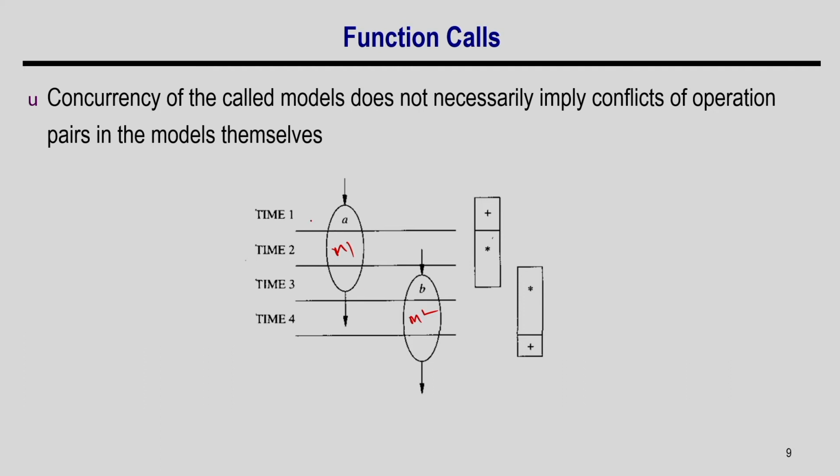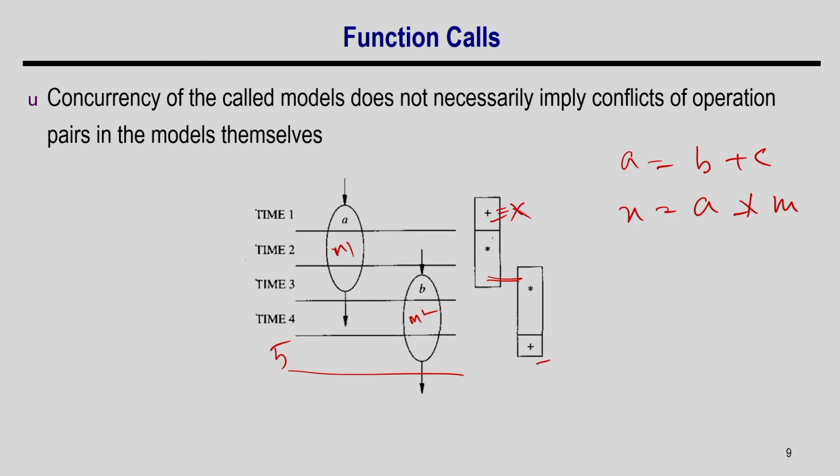Suppose this function is doing one addition followed by multiplication, right. So, suppose it is doing a equal to b plus c and then, say, x equal to a star m. So, this is the function body: an addition followed by a multiplication, and the multiplication is a 2-cycle operation. Okay. And say this function executes at times 1, 2 and 3, and the other call executes at times 3, 4 and 5, right. Now you see their corresponding intervals. You can see here that the multiplication intervals are overlapping, but the addition is not overlapping with the other adder.